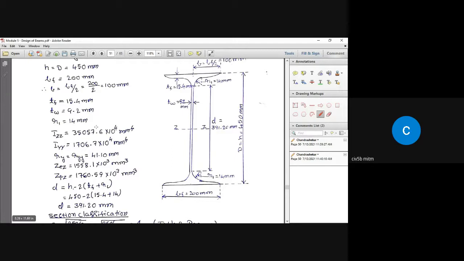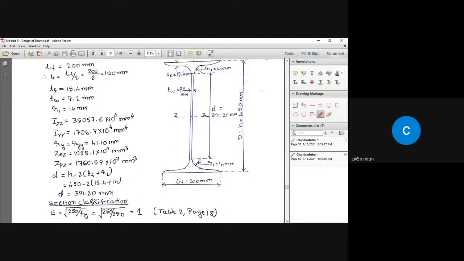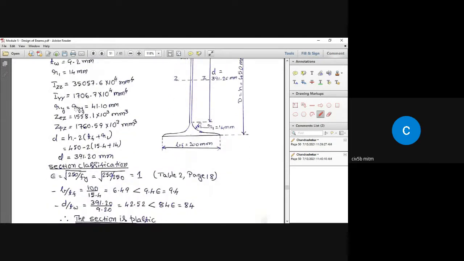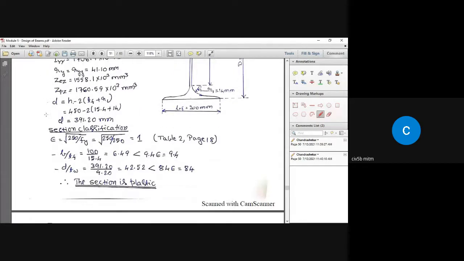As far as names are concerned, they are called by different names. For example, breadth of flange is 200 millimeter as per the code. If you go to the steel table, they call the breadth of flange as B, whereas B in the steel code is BF by 2. So you'll have to be careful, don't get confused with those things. These are the section details.